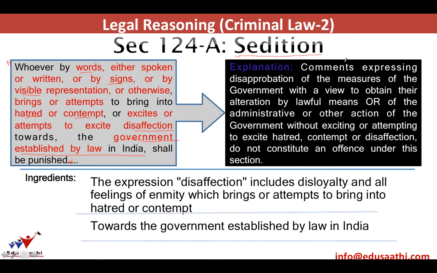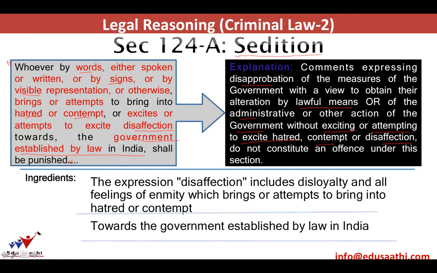And the explanation here is that comments expressing disapprobation of the measures of the government with a view to obtain their alteration by lawful means. So any comments against the government, against their improper means, or of the administrative or other action of the government, all the comments against the government and their actions, which without exciting or attempting to excite hatred, contempt or disaffection,